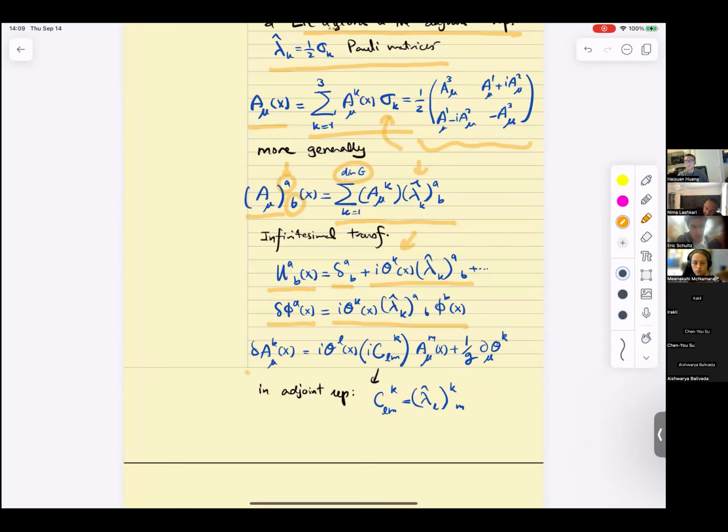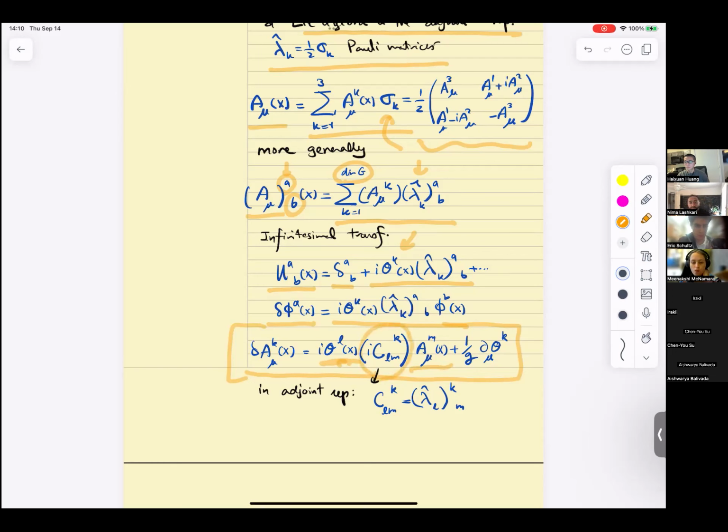And you will get a symmetry if your delta A_mu^k, where k is the index that labels the generator of the Lie algebra, is of the following form, with theta^l(x) being x dependent. Here is the gauge field and how it's transforming,